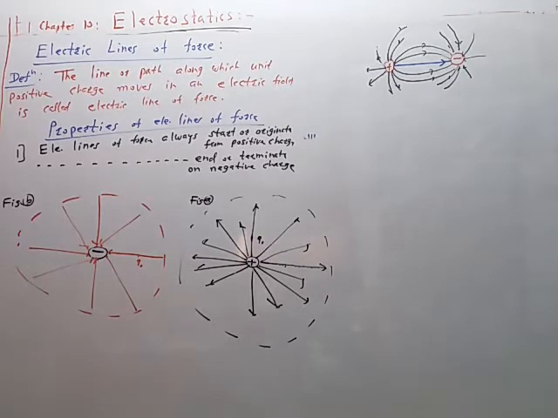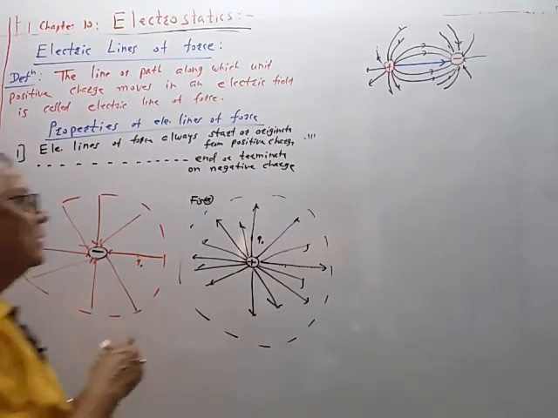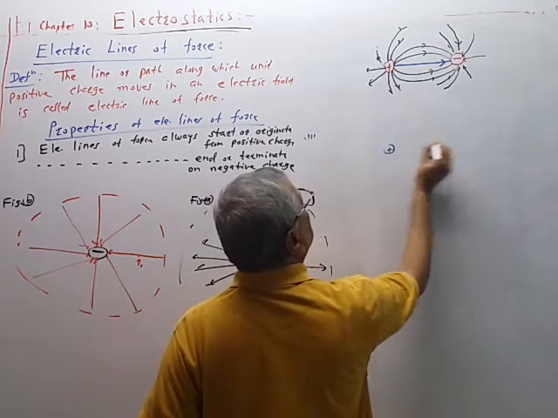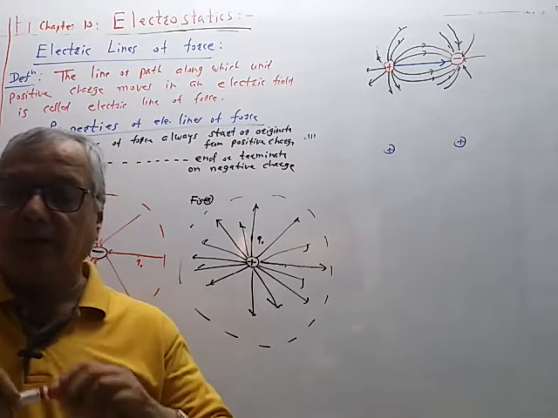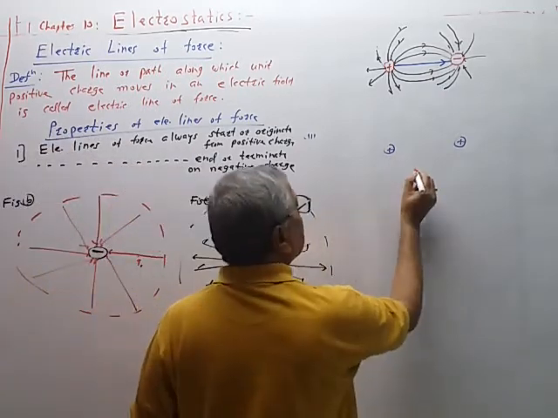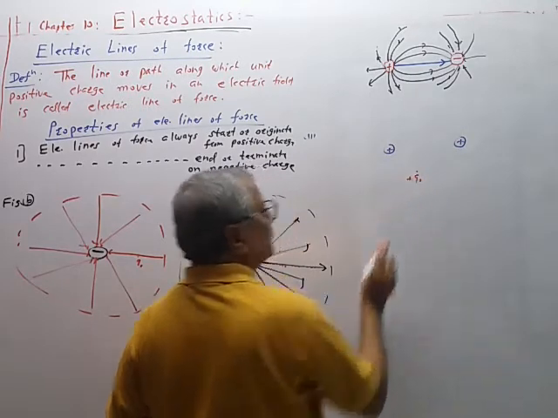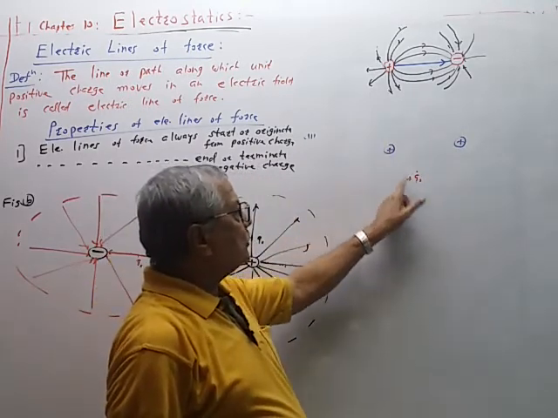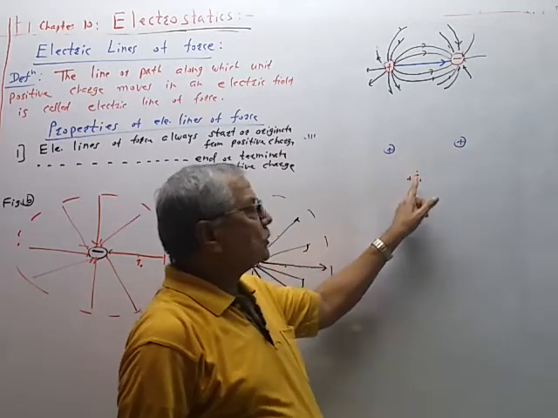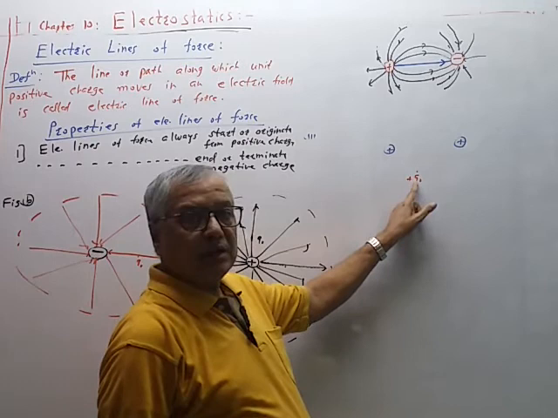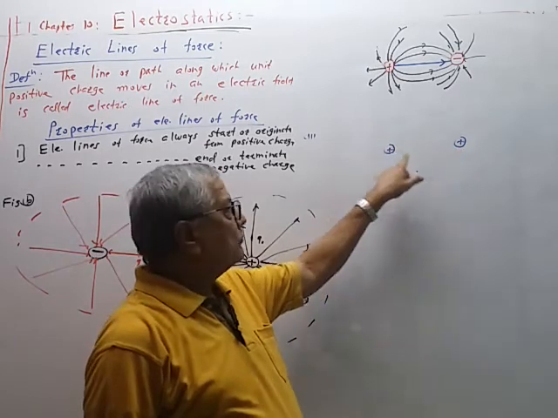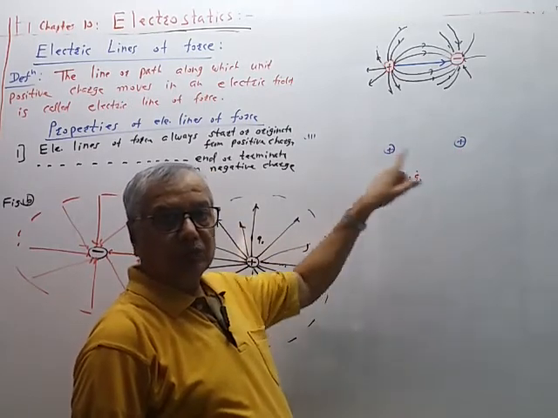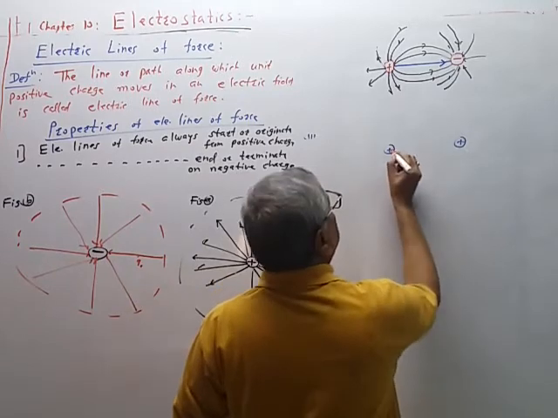Now, if both the charges are positive, then what will happen? So they will produce the electric field, and in that combined electric field, if Q0 charge is kept say here, it is always positive. So between this positive, there is a force of repulsion. Between this positive, there is a force of repulsion. So this charge is repelled by both. This test charge is repelled by both the static charges, and therefore it will move away from both the charges, and therefore the pattern is like this.